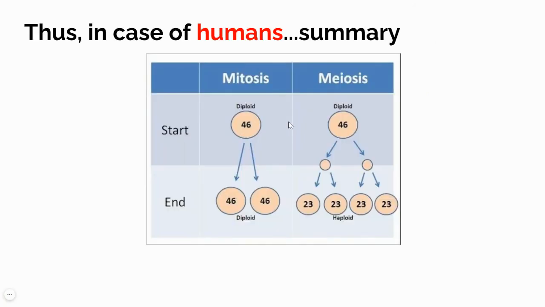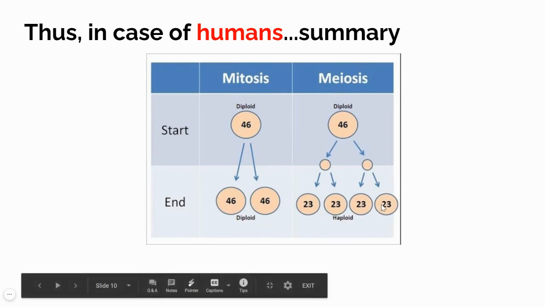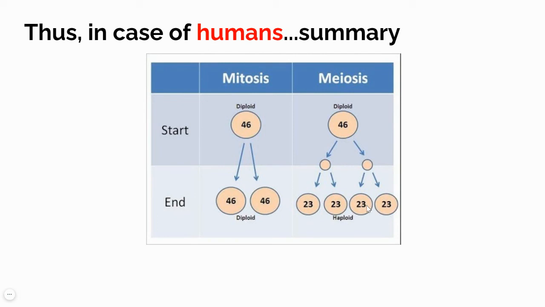So in summary, what we learned is mitosis is a type of cell division which will maintain the same number of chromosomes in the succeeding daughter generations. So the aim of mitosis is to increase the cell number but keep the genetic composition the same. Whereas the purpose of meiosis is to produce haploid cells from a diploid parent cell. And these haploid cells will later become gametes, which will be used as sex cells, and they will fuse with the opposite sex cell and form a zygote during fertilization.